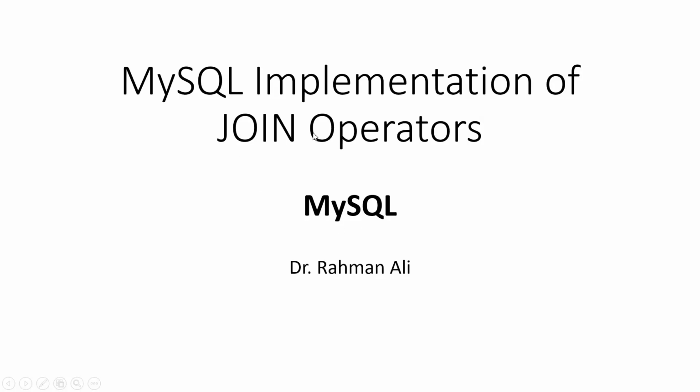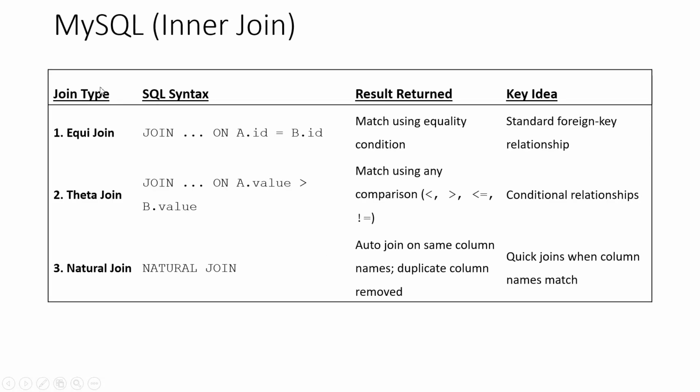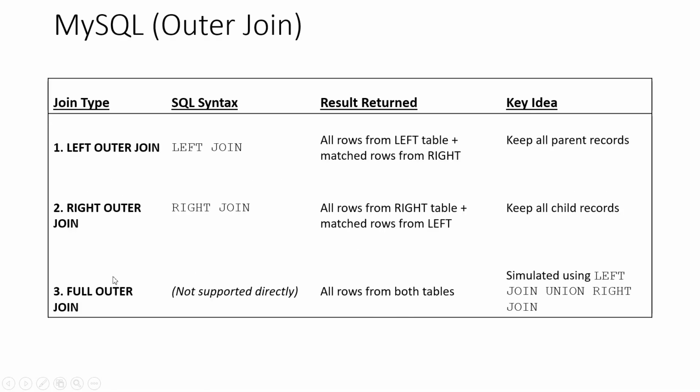We are going to learn the join operator in MySQL. The join operator has two types. Inner join, in which only the matching records from both the joining tables are retrieved, has three types: equi, theta, and natural join. Outer join has the capability of retrieving the matched plus unmatched records, and it has left outer, right outer, and full outer join. Now let's see how we could demonstrate them in